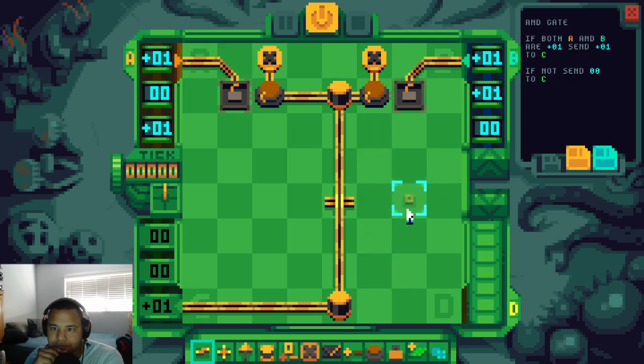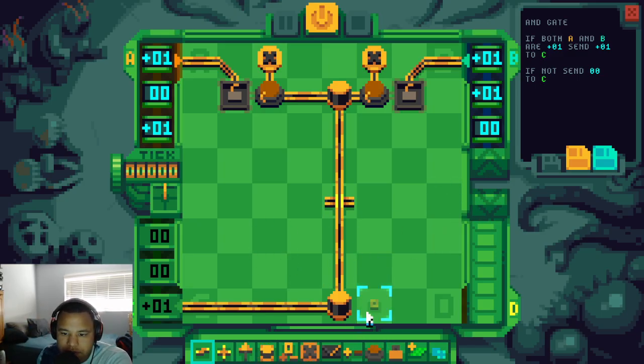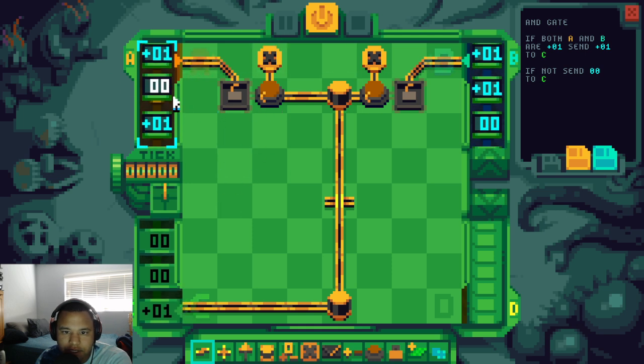All right, so what do we know? Basically, if A and B are both positive 1, we can just delete the B input. Or instead of having a duplicator, we can just have the B input be the unlock mechanism. So the B can be the unlock mechanism. The B also has to be the indicator for whether A gets